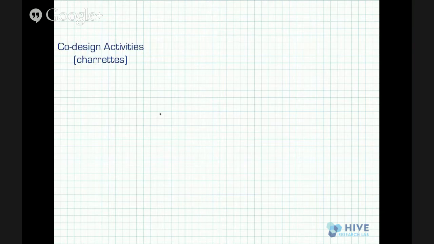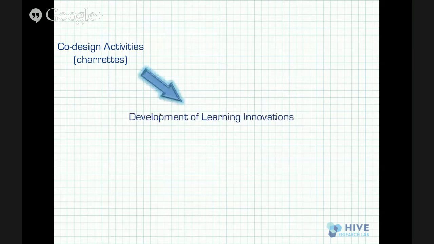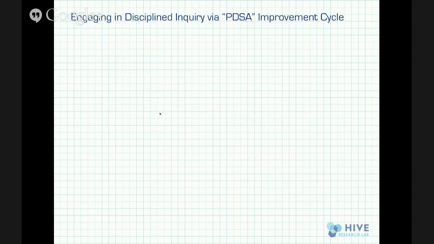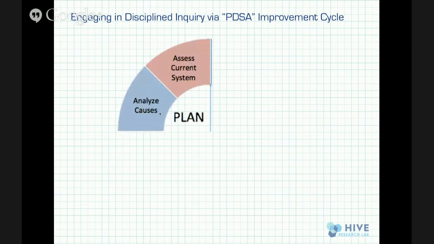And so moving from the co-design events in the form of charrettes, we then support the development of learning innovations that might help to move the needle around these issues, and move into a process of what we refer to as disciplined inquiry. This is where techniques from improvement science come in, using what we call plan, do, study, act cycles, which have a lot of familiarity to probably anyone who's done any iterative design. It looks quite a bit like a lot of design-based research methodology, but is distinctive in various ways, and